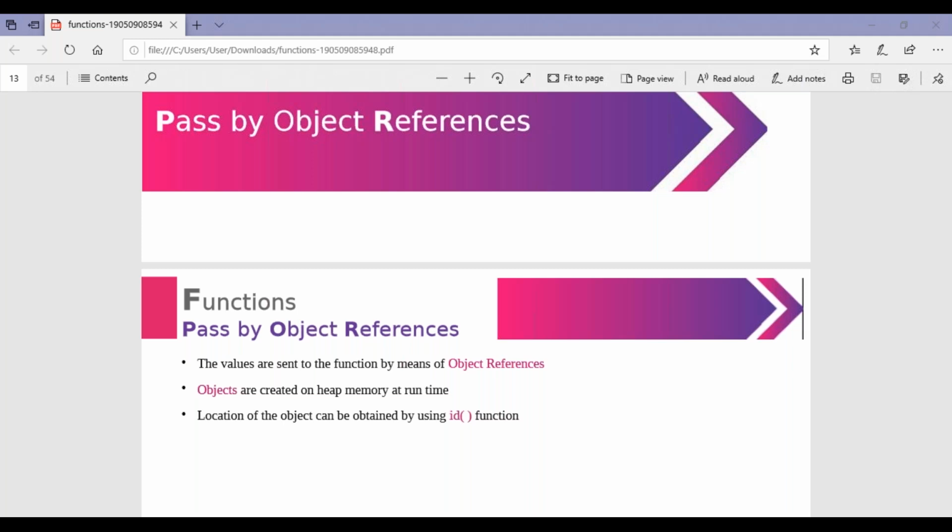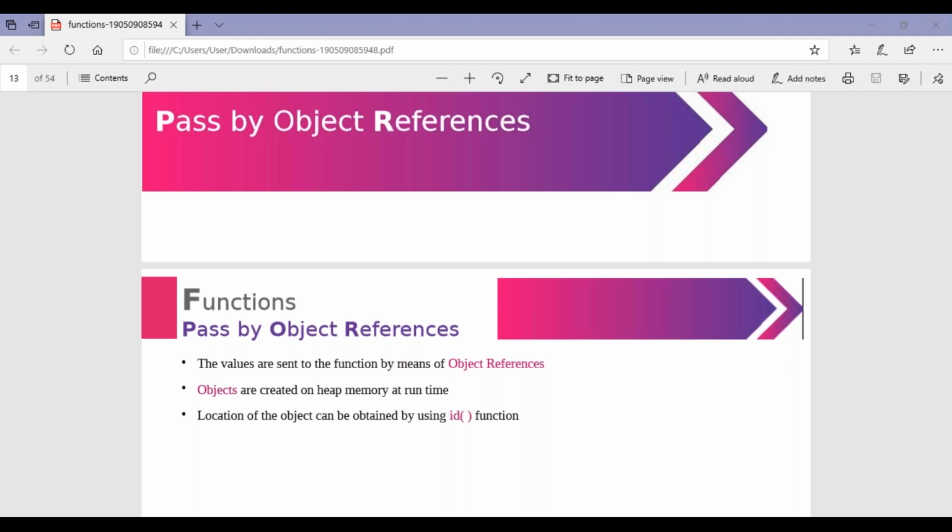The second point is that objects are created on heap memory at runtime. Compilation time, runtime: during running time you are putting memory in the heap.